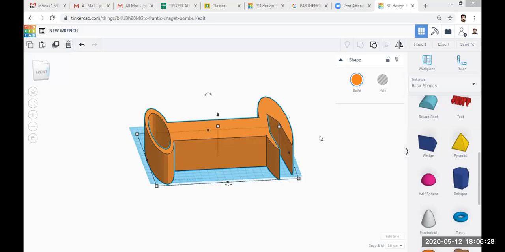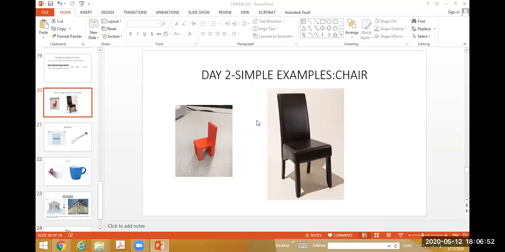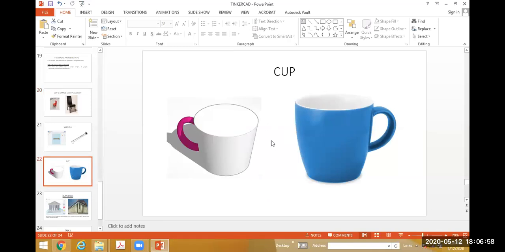So today, if you have time, practice any pictures. That's what I told. If you can, just try to complete these 4 basic shapes: one chair, then wrench. If you have time after completing these 4 designs, you can try this cup.